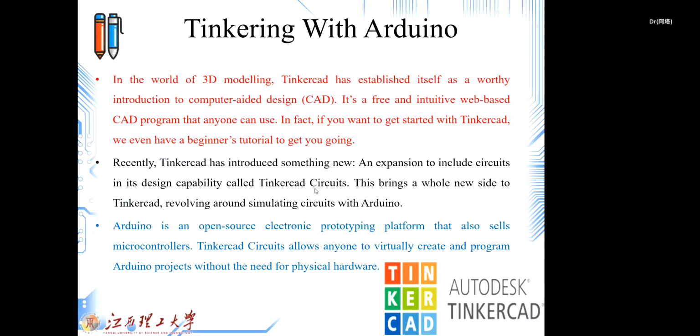They call it Tinkercad Circuits, and this brings a whole new side to Tinkercad, revolving around simulating circuits with Arduino. You know the Arduino, it's open source. Now Tinkercad is also open source and an on-the-web simulator. Then it becomes a nice combination between these two